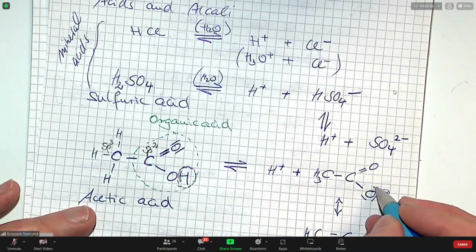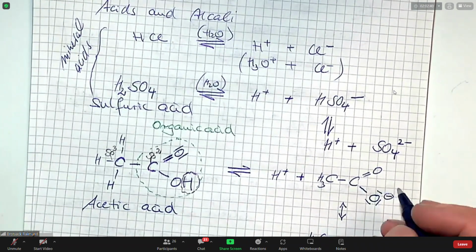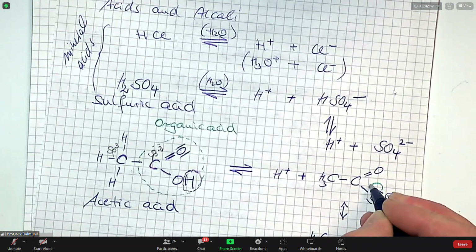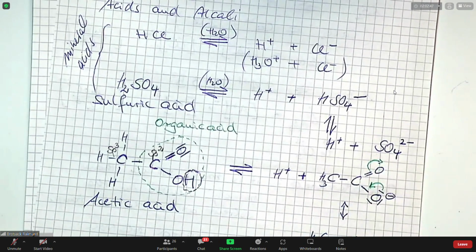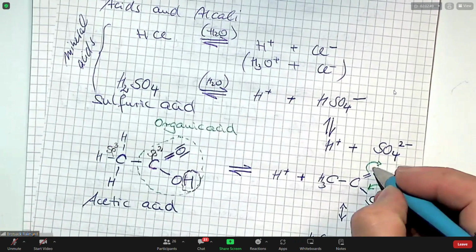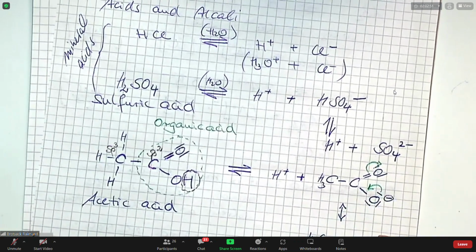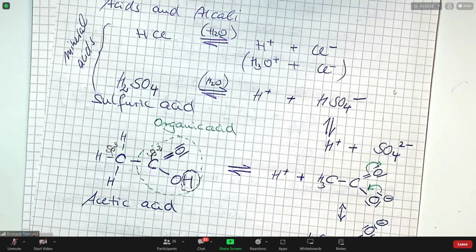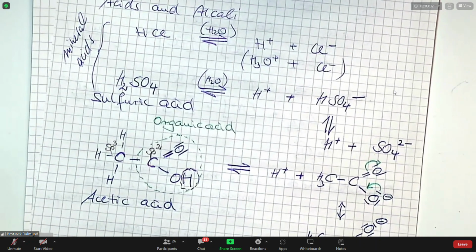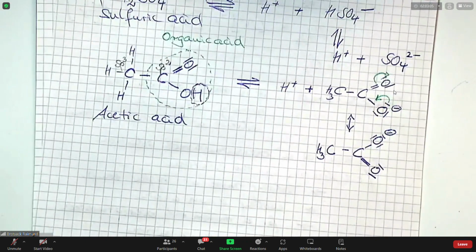See, now the electron pair comes over here, and this one comes over here. So we have a second option. Now the negative charge is on the upper oxygen atom, and the double bond is here. That is the second option to draw the ion,